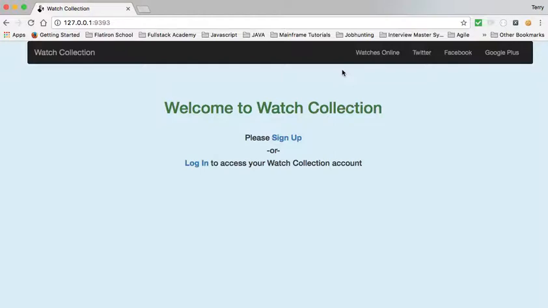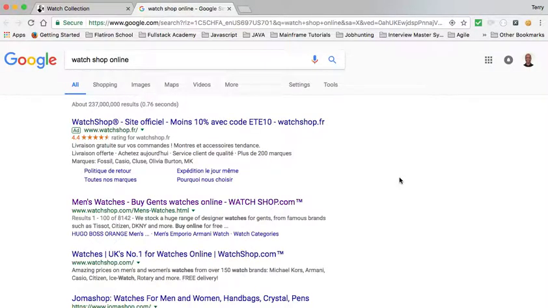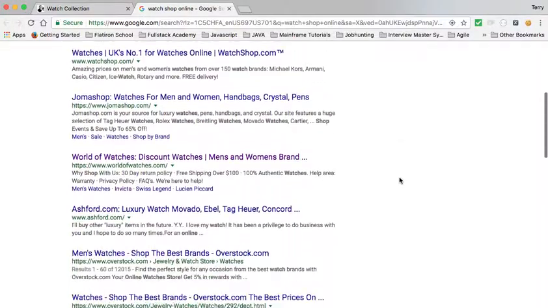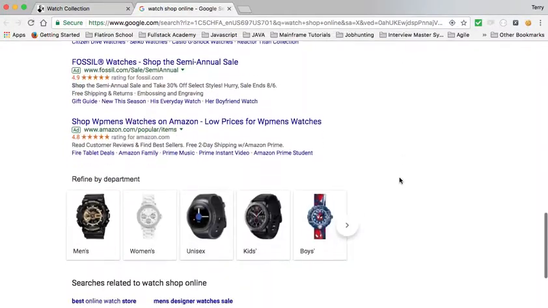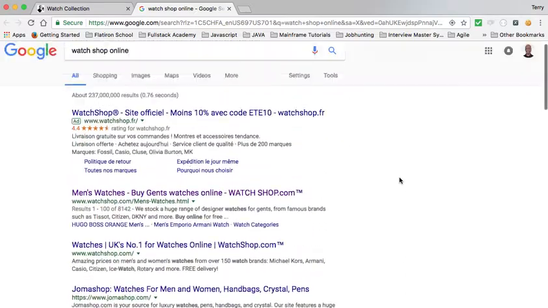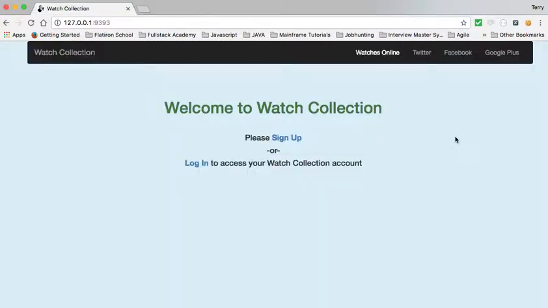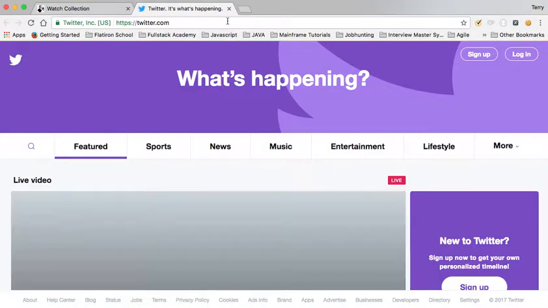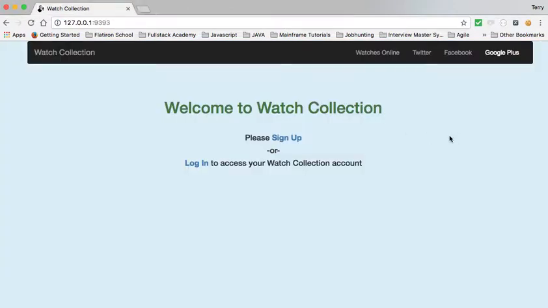At the top we have a navigation bar that has 4 links on the right hand side. One is Watch Online, which when clicked will open a new tab and display a list of online stores that are actually selling watches. Also, there's a Twitter link that will take you to the Twitter website. We also have Facebook and Google+. I know we all like interacting with social media, so I thought it'd be a good idea to have those